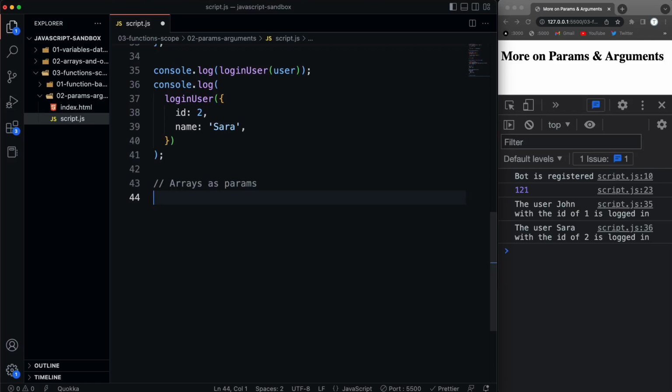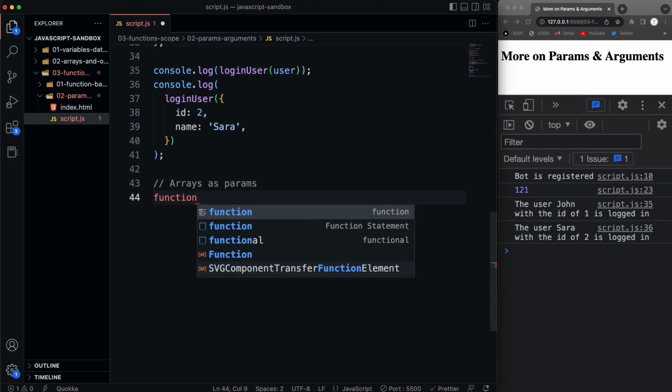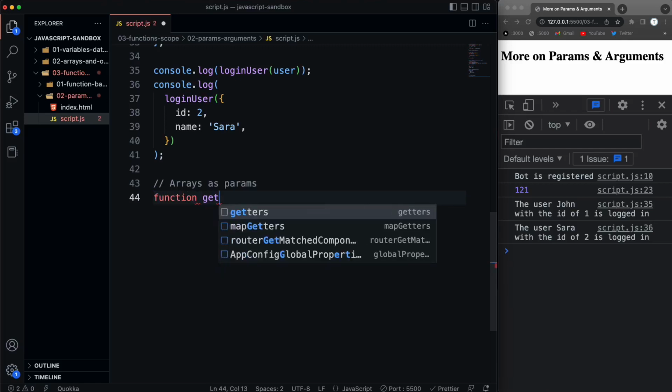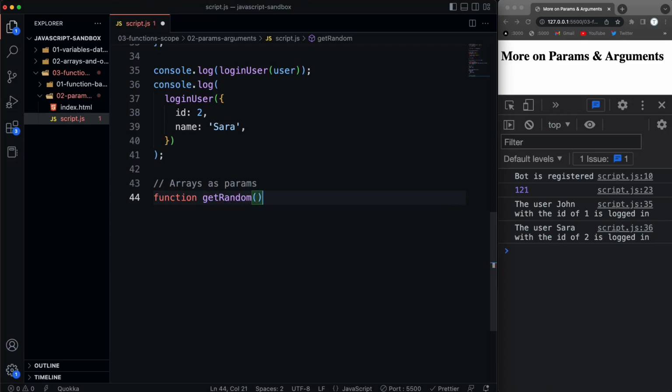So you can do that if you want, but I'm just going to create a function called, let's call it getRandom, and it's going to take in an array. And then first thing I'll do is generate a random index for the array, for the element that we're getting, because remember we access the element through indexes. So let's say randomIndex,